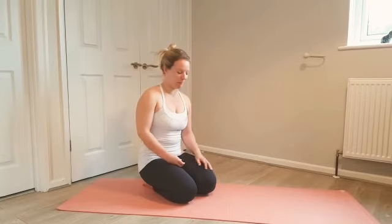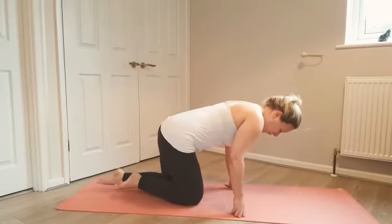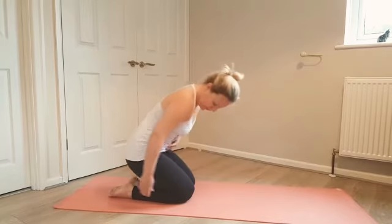And this was a really short sequence that I included in it as sort of daily MOT, daily essentials to check in and see how your back is feeling, which is really important if you have or do experience back problems. So coming into child's pose to begin with,